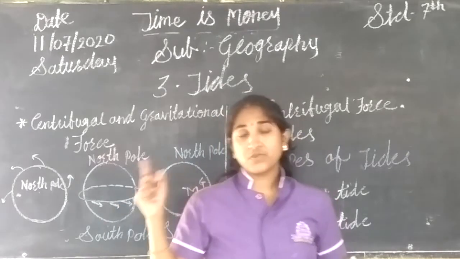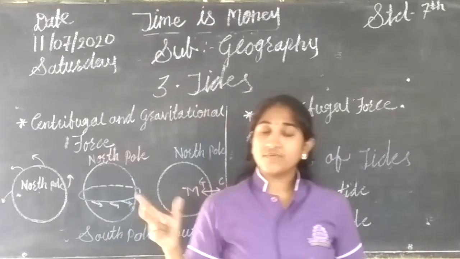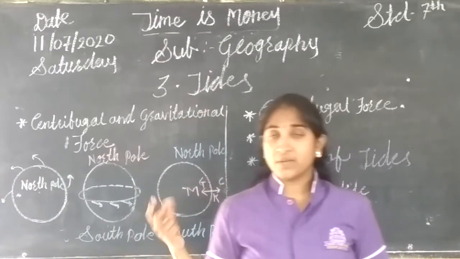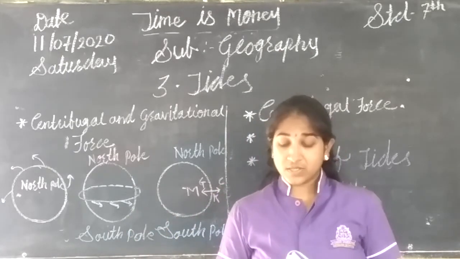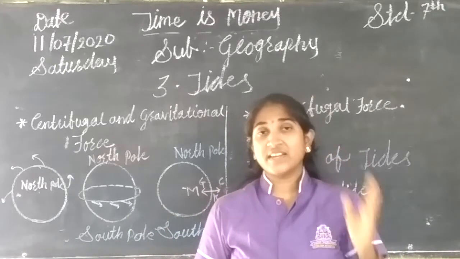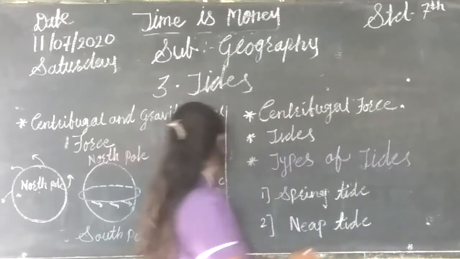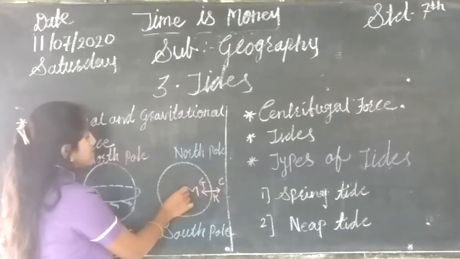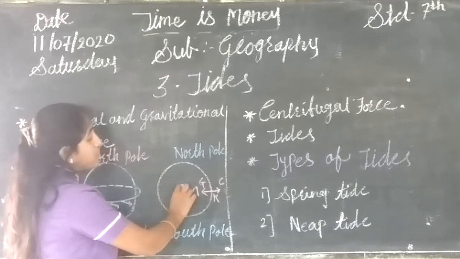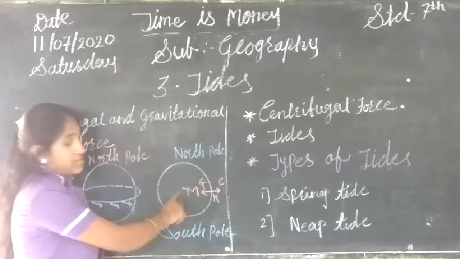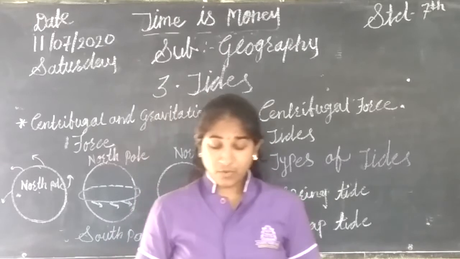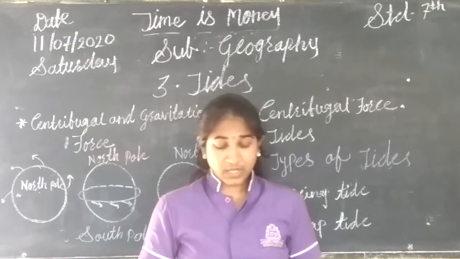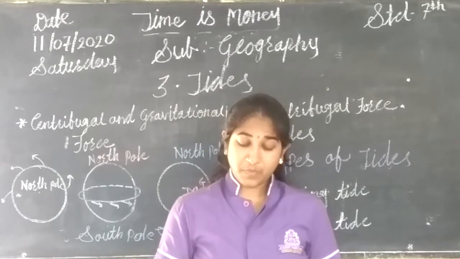See, the earth is always rotating, and because of this rotation the earth gets some power, and this type of force works away from the center. Suppose this is our earth, and this force and power works away from the center. Okay, this is called the centrifugal force. Due to this force, any object on the earth would be thrown into space.